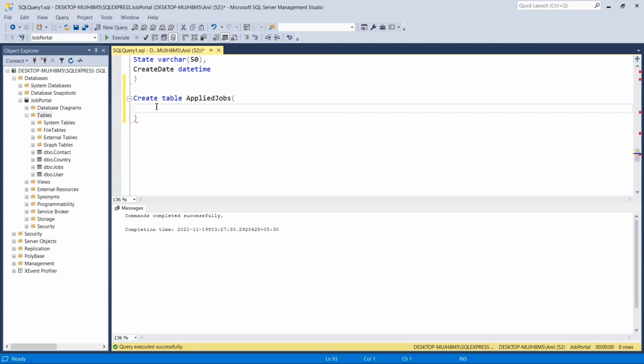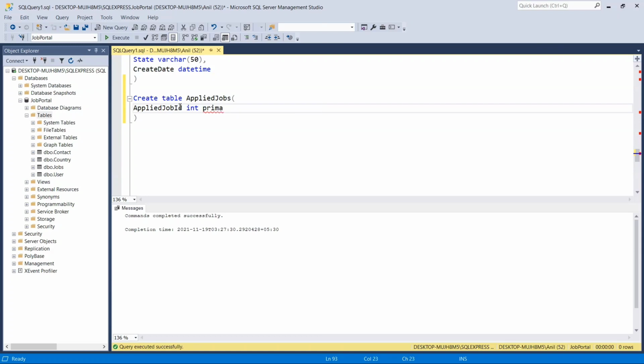The first column name, that is applied job ID. Copy, paste here, should be integer.